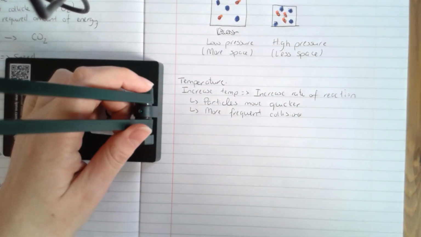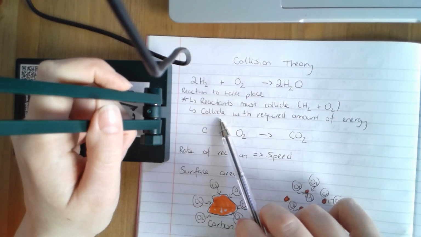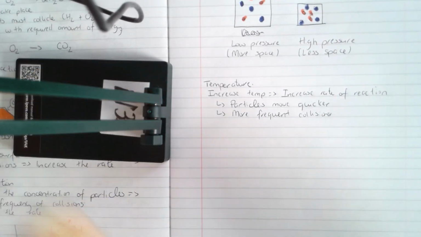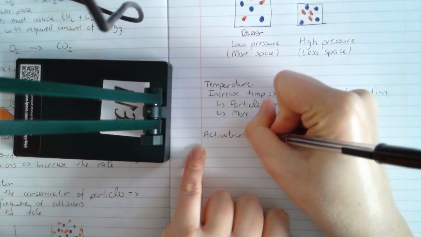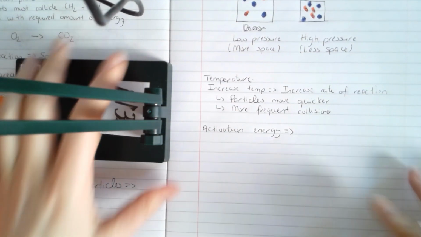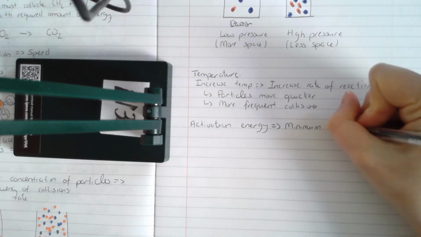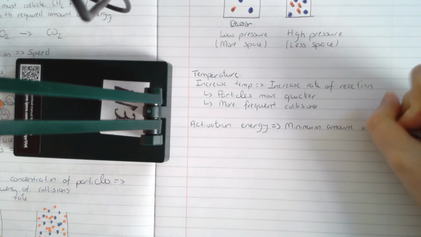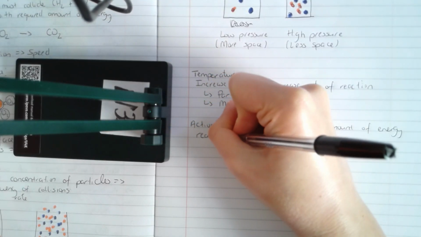But when we're talking about temperature, there's another reason that increasing the temperature will increase the rate of the reaction. And this relates to the second point here, the amount of energy that the particles have. I'm pretty sure this will be a new phrase that we need to talk about, called activation energy, which I don't think you will have come across before. So activation energy is the minimum amount of energy reactants need